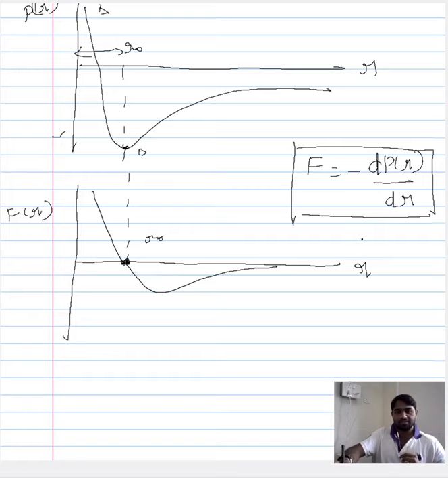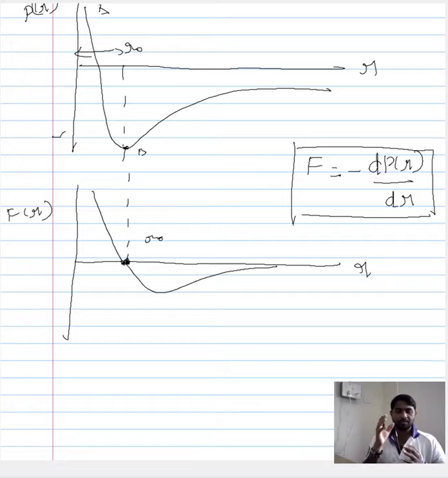It is important to note that there is a negative sign, and that is the reason why we get a plot like this. There have also been textbooks wherein they have ignored this negative sign. Of course, it can be ignored because this comes from our convention of thermodynamics. So this can be removed. When you remove the negative sign, you get a flipped plot of the force curve. But the nature doesn't change, and the purpose of introducing this force will not change even if you don't have this negative sign. But since having a negative sign makes it easier to understand the subsequent discussion, I have used that.